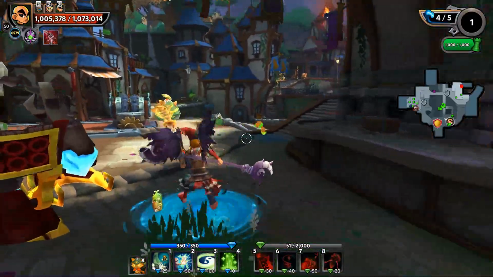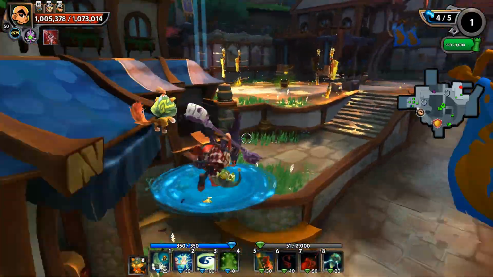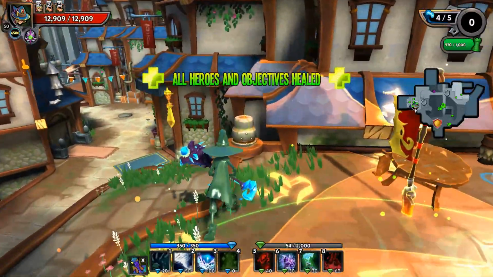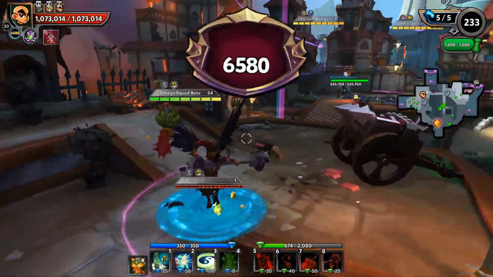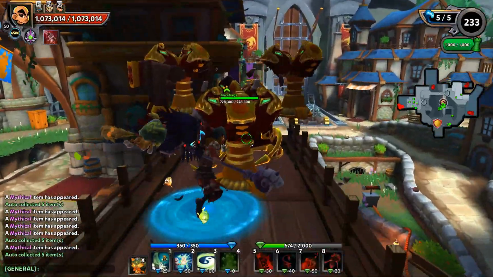Uh-oh, we got a Frostbite down over here. Oh, it's because Malthus. Yeah, Malthus threw at the Frostbite. Ranged mobs for the loss. Alright, let's go ahead and drop our Frostbite back, as it was getting some licks in there. So we will pop that bad boy back